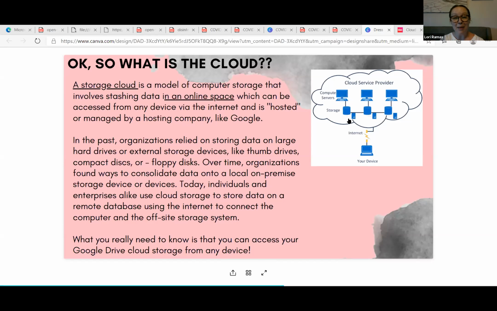Why that's so great is that anywhere you're logged into your Gmail account, whether it's your phone, your laptop, your desktop, you can access all of the same data live. So if I'm working on your resume, you can watch me working on it live, right from the Google Drive cloud. A lot of organizations rely on storing data. This is not new. Cloud storage is certainly not new. This is just Google's version of cloud storage, if you will. So this is just to give you a sense of what cloud storage means.